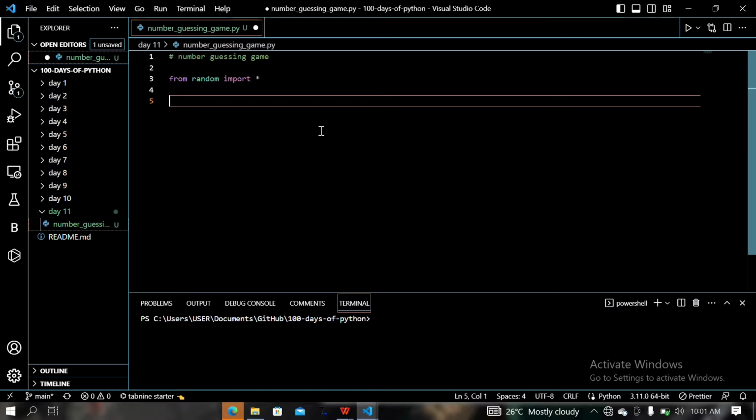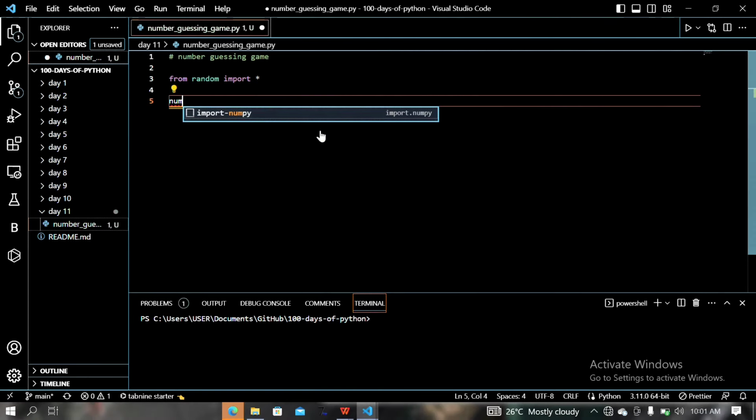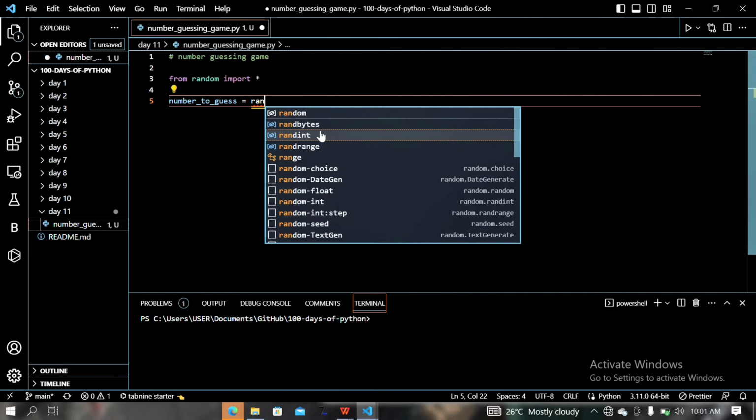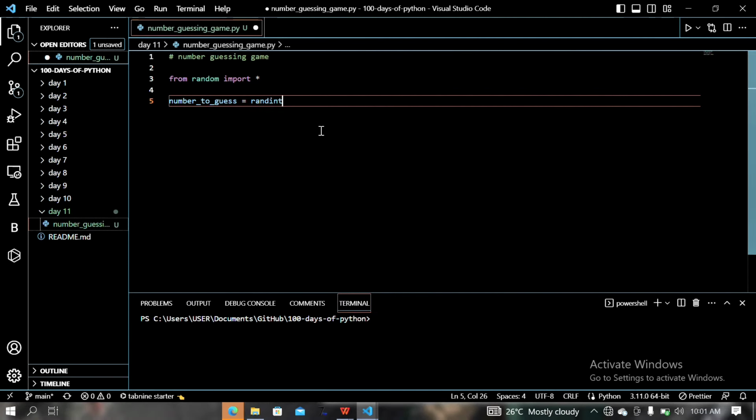So what that randint does is generate a random integer from a range. So it takes two arguments. The first one is the point where you want it to start from, and the last one is where you want it to end. So we're just going to create a variable, number to guess, which is the number that the user has to guess. This is the number that the system is going to generate, and it's going to be a random integer. So it's going to be randint, and we're going to pass